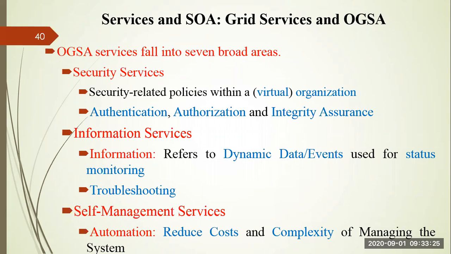So next services is nothing but the security services. In security services, the complete system is treated as a virtual organization, so that security policies you can enforce in a particular organization. It may happen that one organization's security mechanism is different from other organizations, like your institute's security mechanism is different, our institute's may be different, right? So various services like authentication, authorization, and integrity assurance would be given by this broad area of services, right?